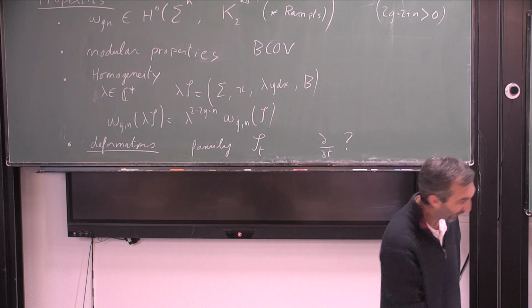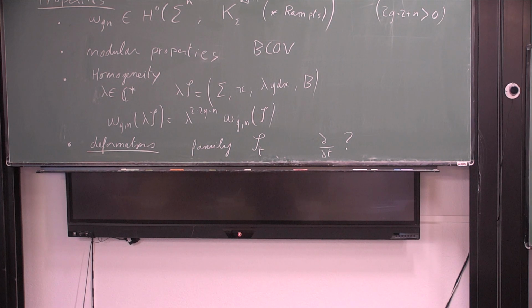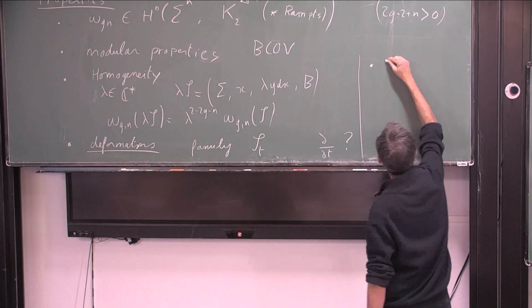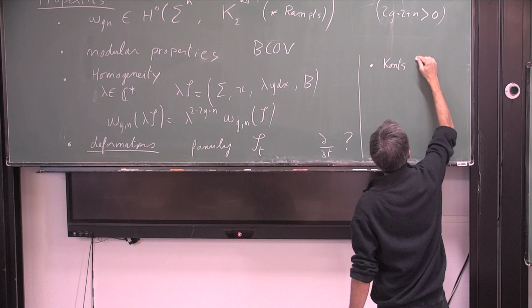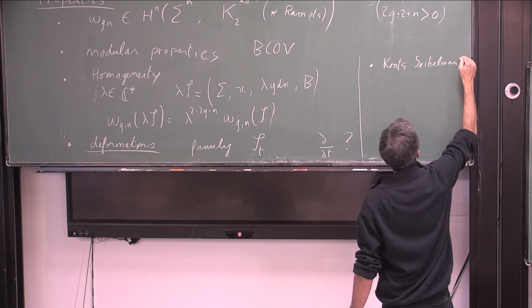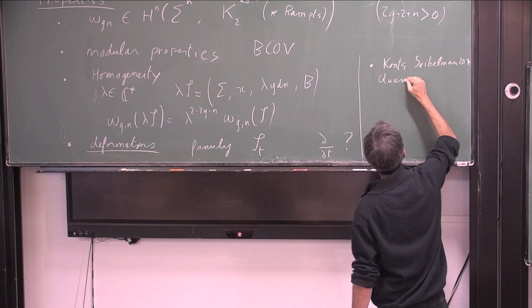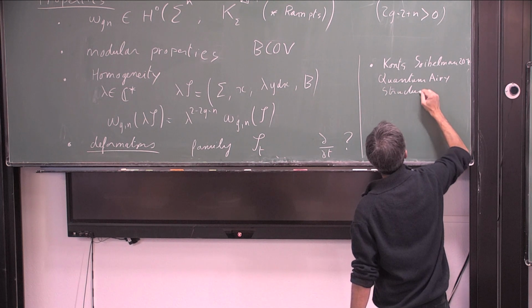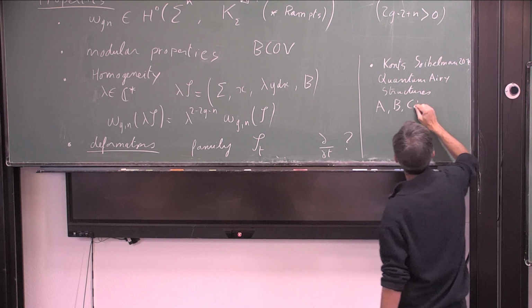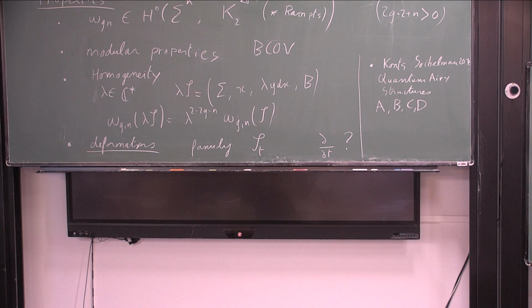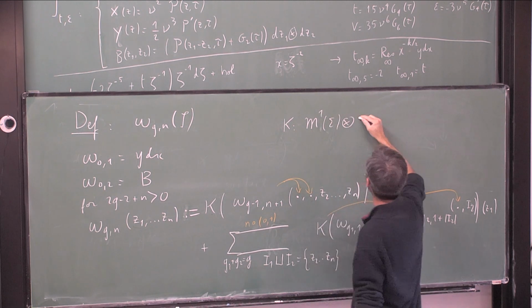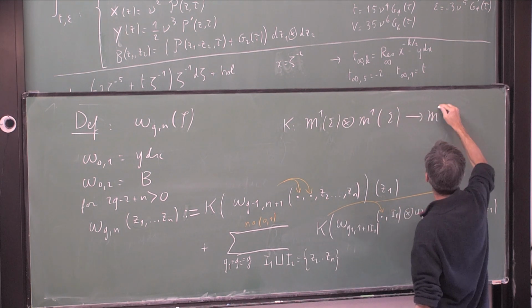So, indeed, let's go now to deformations. Well, before we go to deformation, I also wanted to talk about the quantization paper from 2017, which is called Quantum Airy Structures, or sometimes called ABCD tensors. Okay? I will very briefly mention something. You see here that I define K as an operator that goes from M1 of sigma tensor M1 of sigma